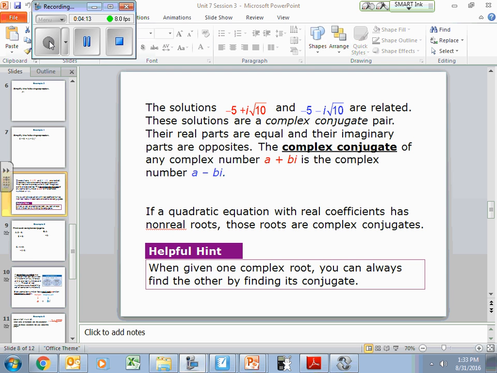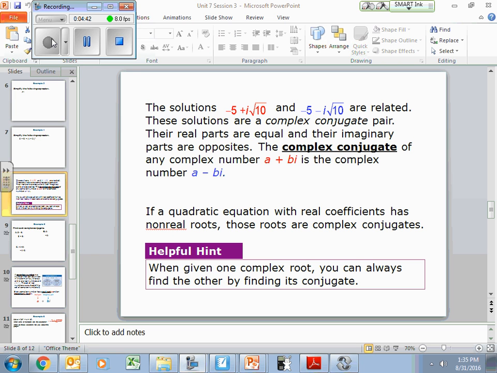When you hear that phrase, something should pop up in your head. Complex has to have an i, conjugate has to have 2 of them: the positive version of it and the negative version of it. It's that middle sign that switches. Notice the 5 is negative on both of them, so it's the middle piece that switches. And obviously a pair. The complex conjugate of any complex number a plus bi is the complex number a minus